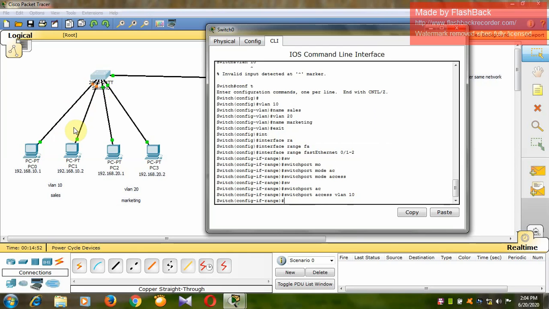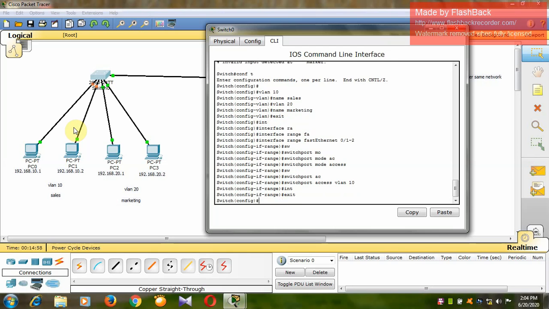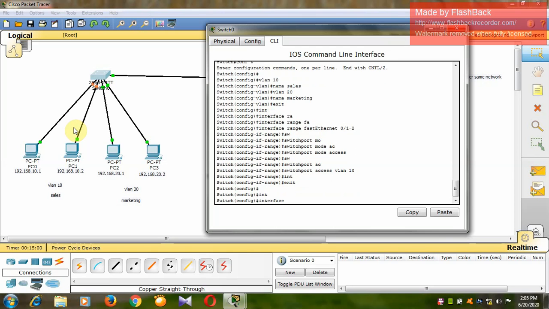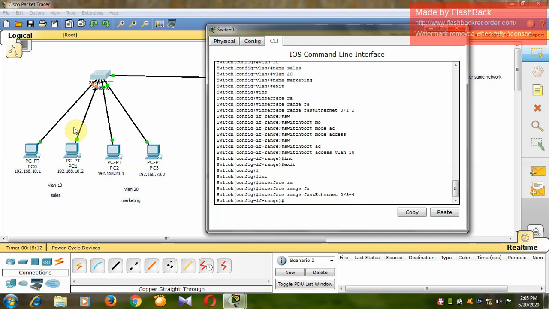Okay, now similarly for VLAN 20. Exit, then interface range fastethernet 0/3 to 4, right?